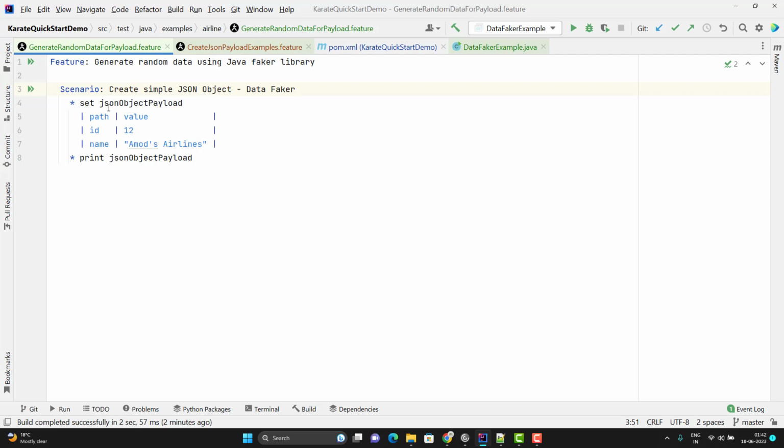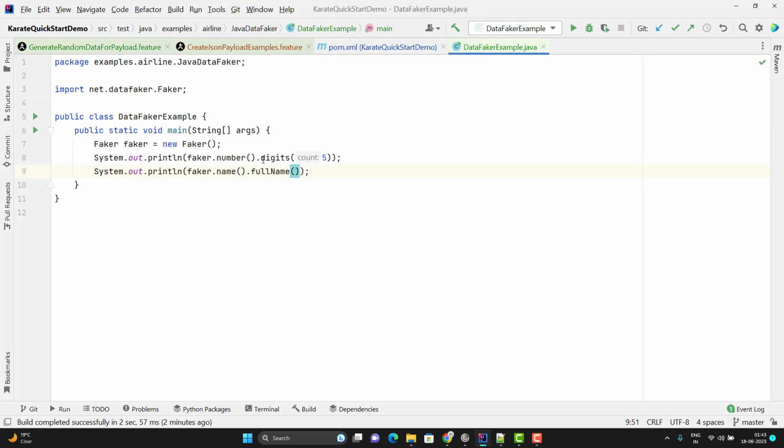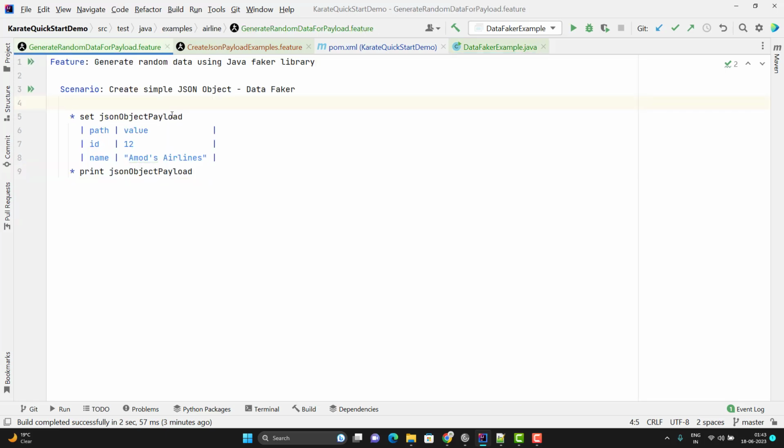So suppose here I want to pass the ID and name randomly. So for that, we have some steps to do. First thing, we need to call the class where all the methods are there. If you see this example, we are calling these methods number, digits and all from faker class. So first step, we need to import that in my karate feature. So to import any Java class, I need to use java.type, and here I need to pass full path of that class.